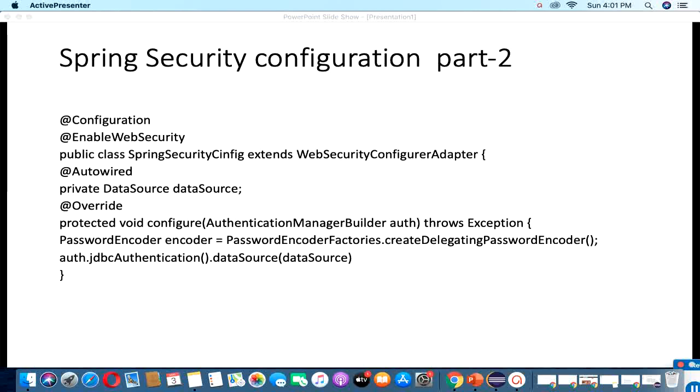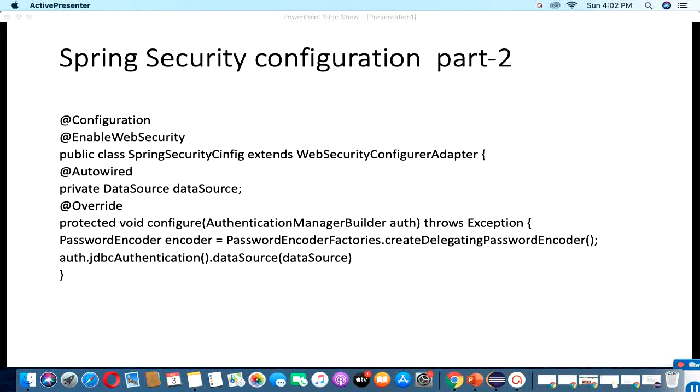After that we need to override the configure method, and in this configure method we need to pass the AuthenticationManagerBuilder. Inside of the authentication manager builder we override the different types of authentication, like in-memory authentication, JWT authentication or MySQL authentication, and we need to pass the data source.